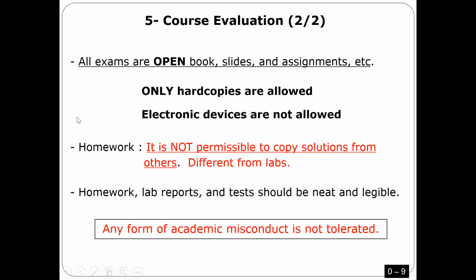However, homework is different. Homework is individual. Is that okay? So you shouldn't work with someone else. You have to work on it individually. Yes. Do we get to choose our lab partners? Yeah, sure. I'm not going to force you to take a certain person. No, you can select your partner. I'm totally fine.